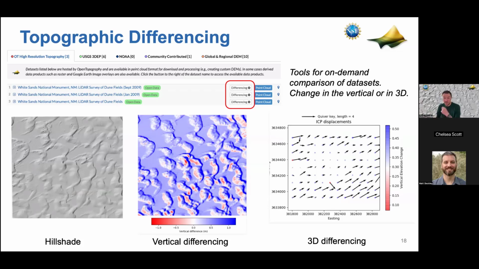We also have tools to do this for things like earthquakes and landslides intercomparison as well. So this is a newer set of functionality, but it's quite cool because we're getting to the point, at least in the United States, where we have multiple LiDAR collects in many places. And so instead of being a single time stamp of the landscape, we can actually look at change in the landscape. And so this has been an emphasis of OpenTopography over the last several years, is building tools to enable that kind of interactivity.